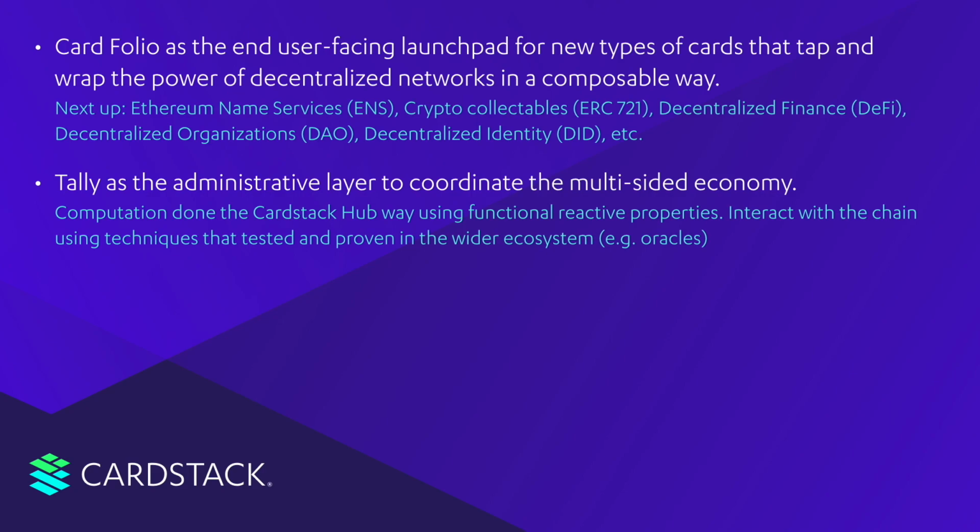As we mentioned, we want to do as much computation as possible using the functional reactive properties of Cardstack Hub. So when you update one cell, almost like Excel, all the other formulas propagate through the sheets. That's technically possible in Ethereum, but each time you have to wait for block time, you have to pay gas, which is not always possible. But by doing this off-chain computation in Cardstack Hub, we can keep all these numbers up to date, and it's indexed and accelerated through databases and Postgres and all this JavaScript capability.